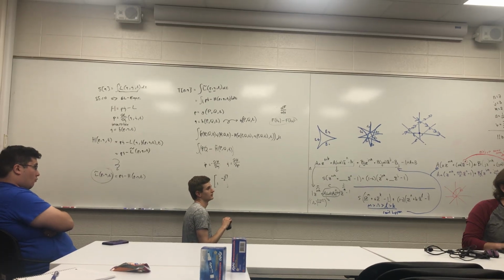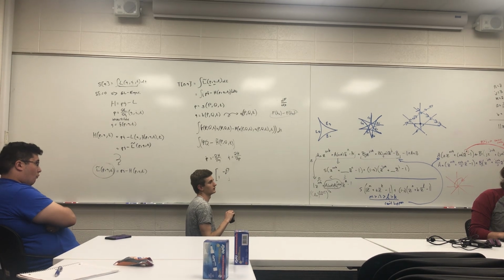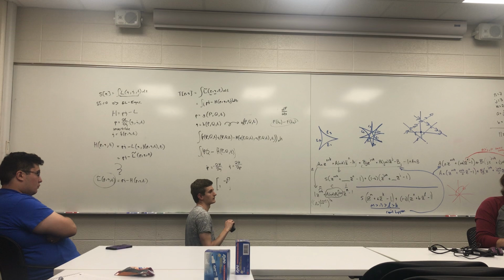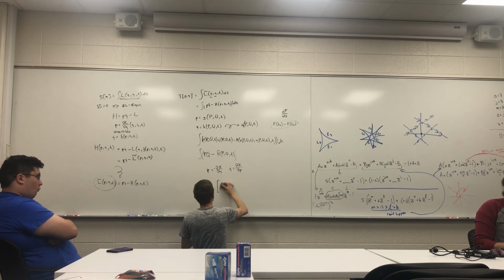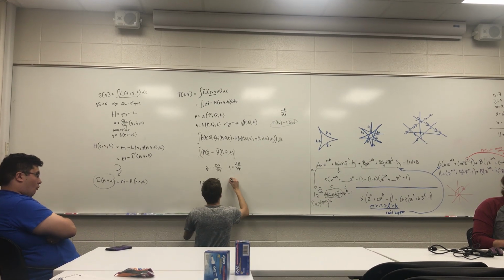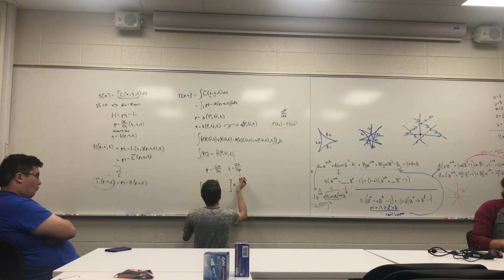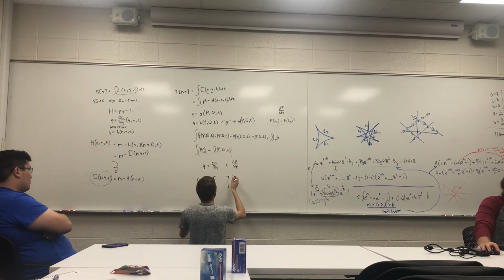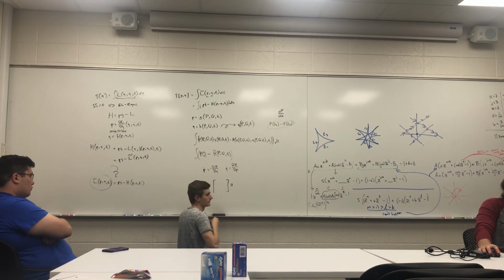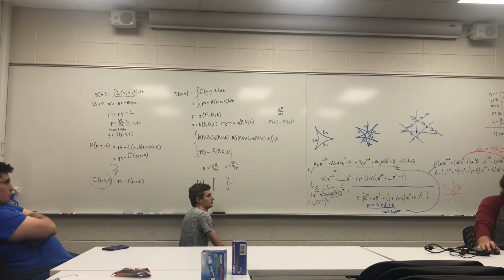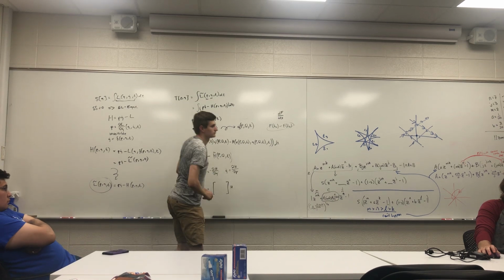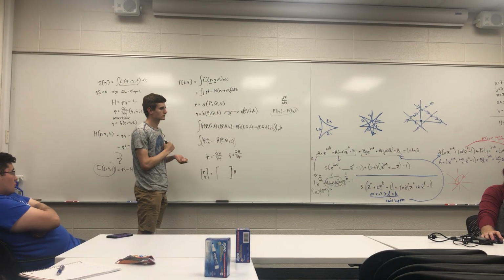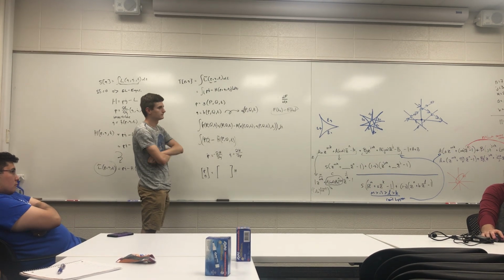So this would be like G, H. It should be this, I think. Well, not D, this should be just D. I think you just want H there. Yeah, so let's see if we go H, and this is going to be like G. Oh yeah, okay. If this is what you're saying, this is what we're saying. Oh, I know what you want. And so here omega would be something like